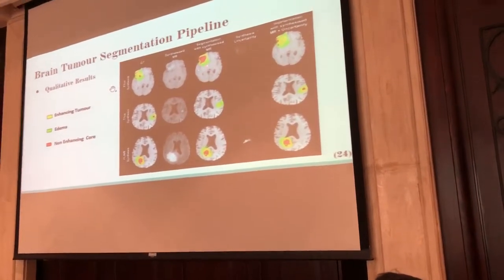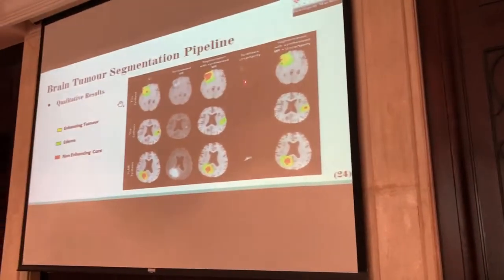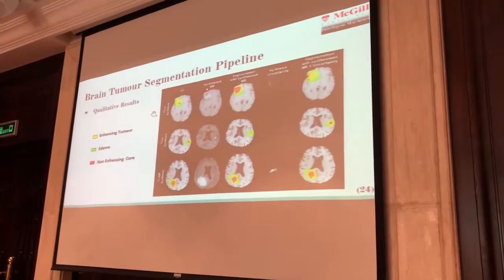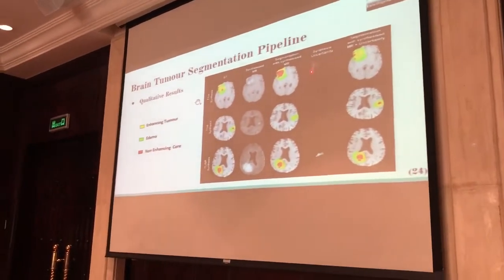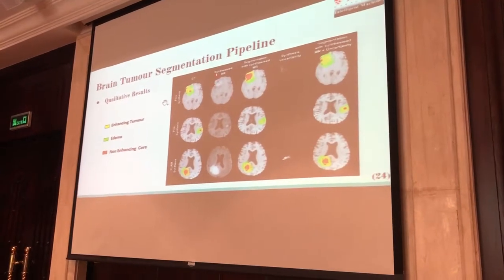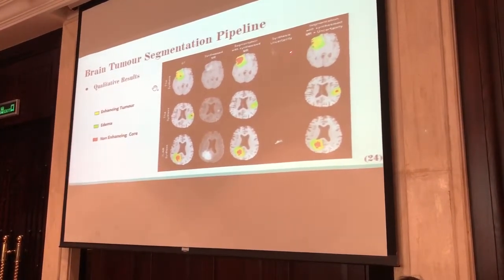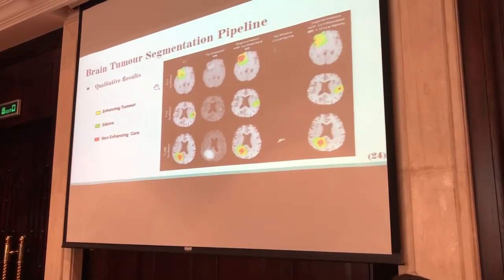Here we can see that the network is synthesizing T1C, but it is not properly synthesized. This makes the segmentation network make some mistakes. But if we look at the synthesis uncertainty, the network is also saying, okay, I'm not sure if I have synthesized properly or not. So when we use both inference and uncertainty, the network is able to correct some of the mistakes